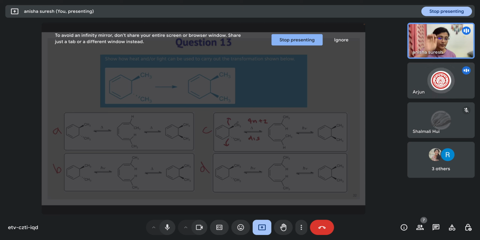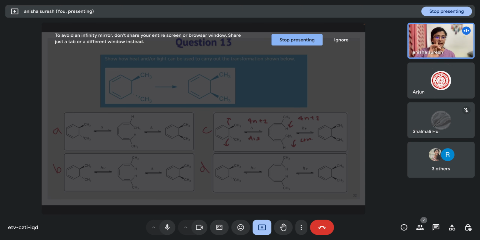This methyl group which was above the plane is going outside, and the hydrogen will come inside. And here the hydrogen which was above the plane will be going outside, and the methyl group will be going inside, right? And then 4n plus 2 h nu, conrotation. If we do conrotation,